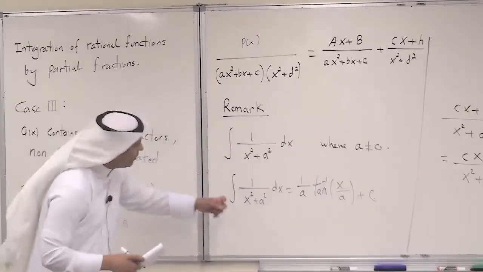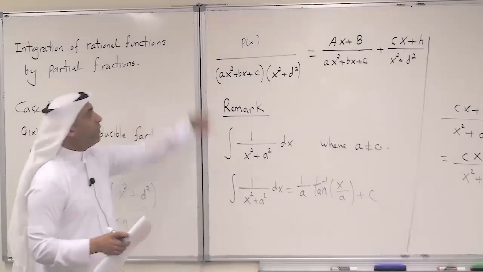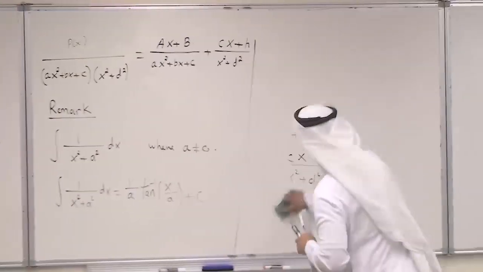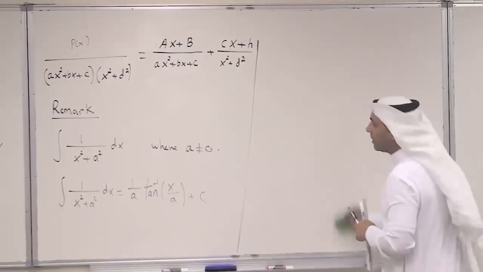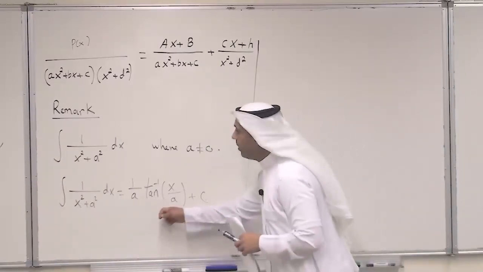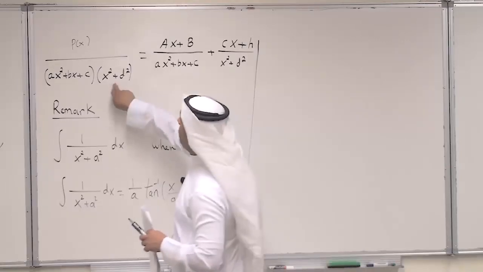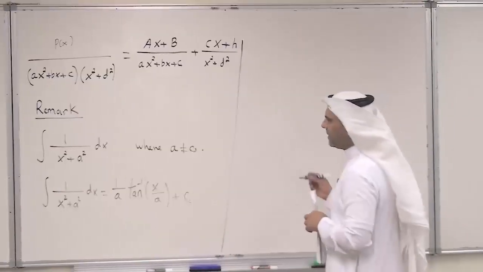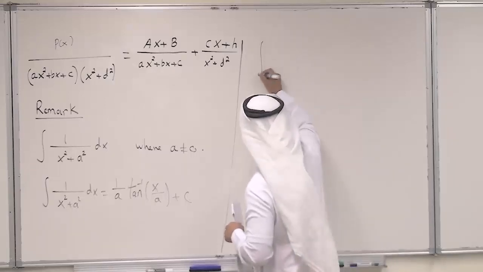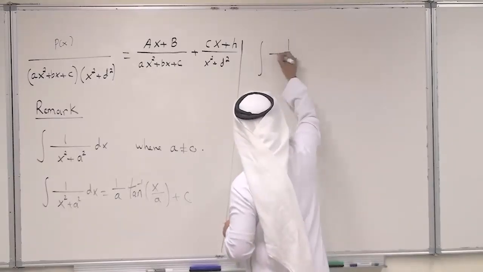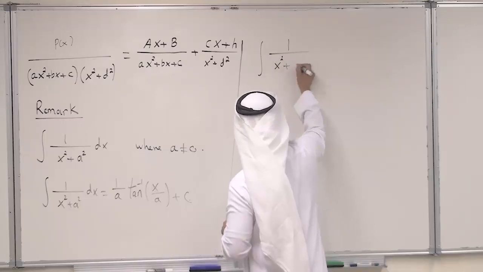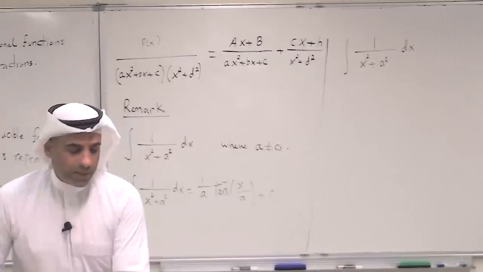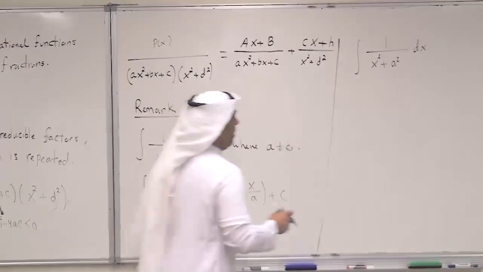Now, let us see how to prove this one first. And then we will use it in the next exercise. Okay. Let us start proving this result before we use it. We will use this one frequently whenever we have such type of factors in the denominator. Okay, how to start proving this? We have, this is the thing we need to calculate, 1 over x squared plus a squared dx. This is what we need to calculate. Okay, fine. What I will do,